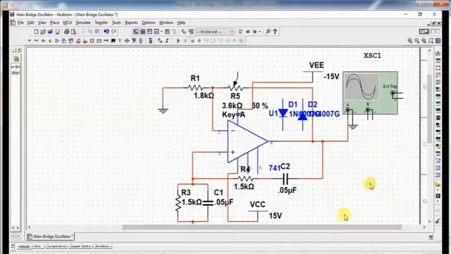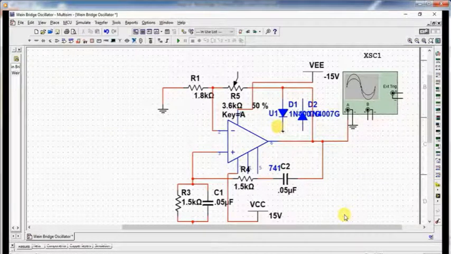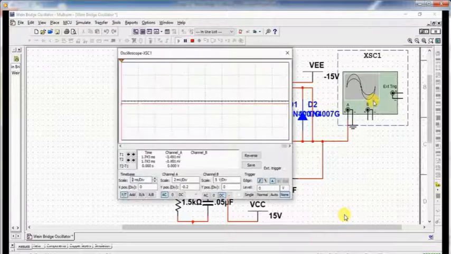And now connect both the terminals to the pin number 6 like this, and D2 is also connected here. And then now we are ready to simulate the circuit.